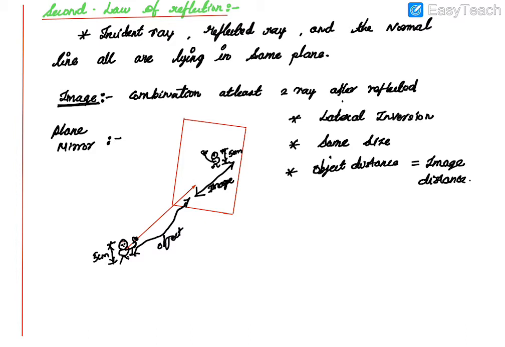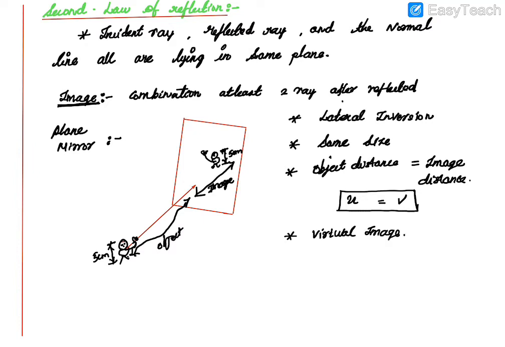The object distance, let me take it as u, and the image distance as v, so u equals v. This is very important when you go to 10th standard, you will learn about it. So u equals v in the plane mirror, that means the same distance: at whichever distance you place the object, you get the image at the same distance. The next thing you have to know is what is meant by a virtual image. This plane mirror will form a virtual image.